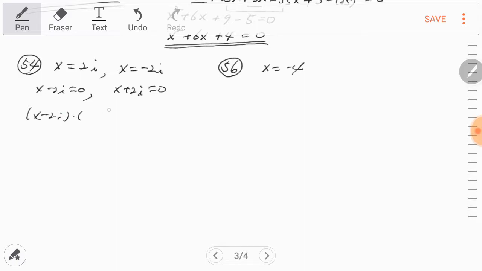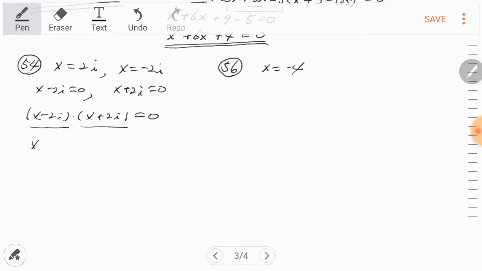Then distribute so that we can write it in standard form. Use the FOIL method. x times x is x squared. We don't have to multiply all of these because this is a difference of squares, right? a plus b, a minus b,